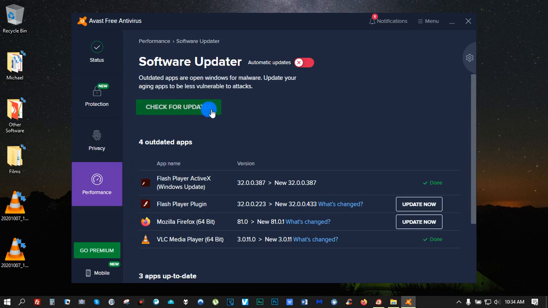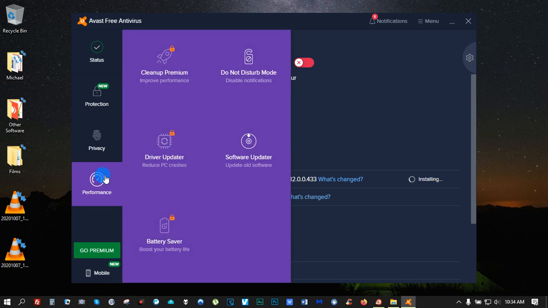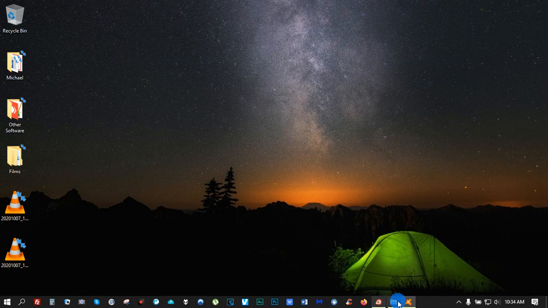Software updater is free, but there's no automatic updates. And the driver update is paid. So when you get the premium version, you get a lot of different options.